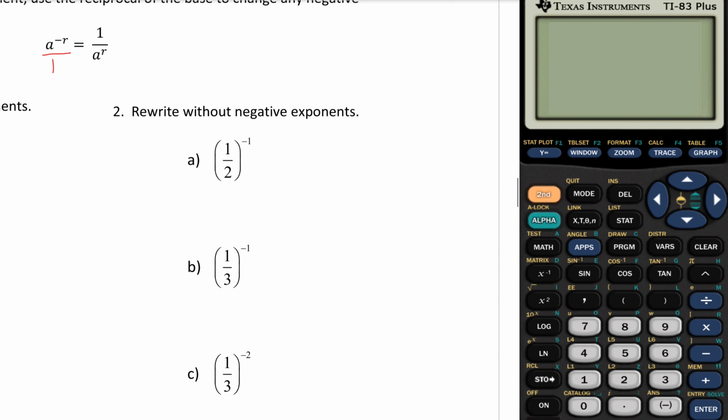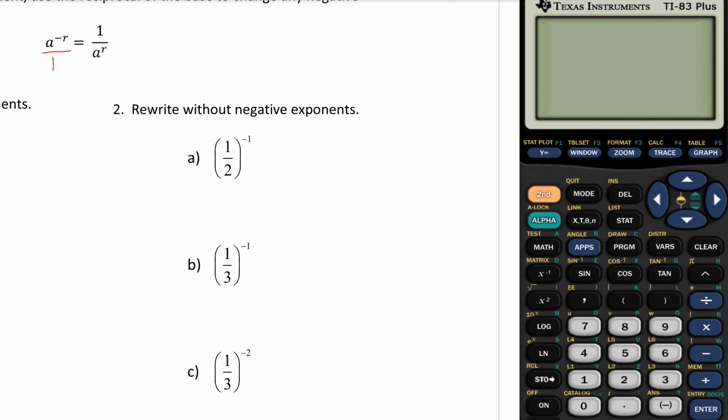Now, this is what happens when the negative exponent is right beside the number. But sometimes the exponent is outside of a parentheses. When it's outside of a parentheses, it means I'm going to flip the entire problem. Everything that's inside the parentheses will get flipped. So I have 1/2 raised to the power of negative 1. Don't like that negative 1, so what I have to do is take and flip it so that I get